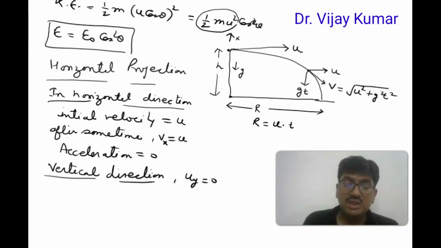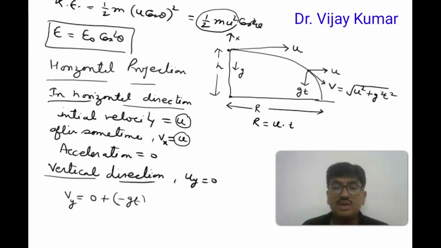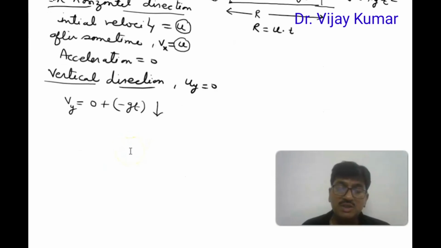So in vertical direction, acceleration should be g, and in horizontal, initial velocity and velocity after some time are equal to u. Both are the same. But in this case, velocity after some time, Vy becomes equal to 0 minus gt. Minus sign represents that the direction of the velocity is downward. And if we calculate the displacement,